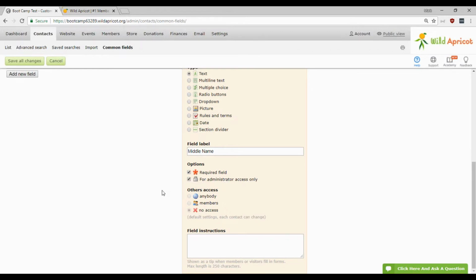So this is kind of like a one-time push of information up to your admins, and this is where it can be really useful for applications if you need to know more private information like SIN numbers or Social Security. I'm not sure what your organization would need those for, but if you did, it's a good way to make sure that they would be private and locked down this way. And then finally, if we uncheck that, we have the option of making it accessible to others. So you can see that it would be accessible to anybody, just to members, or to nobody except the contact themselves. They would of course be able to see their own information, but others would not.